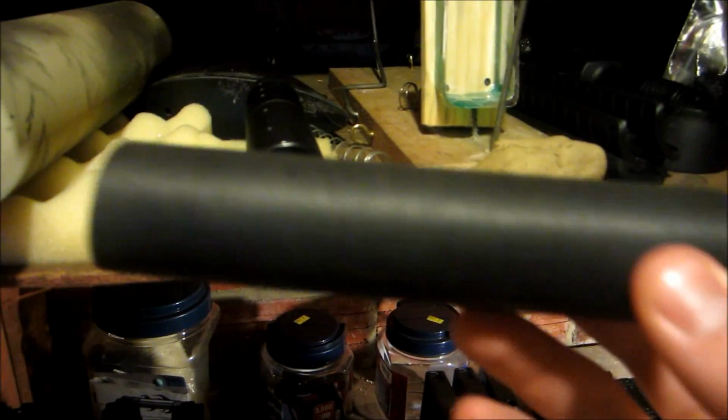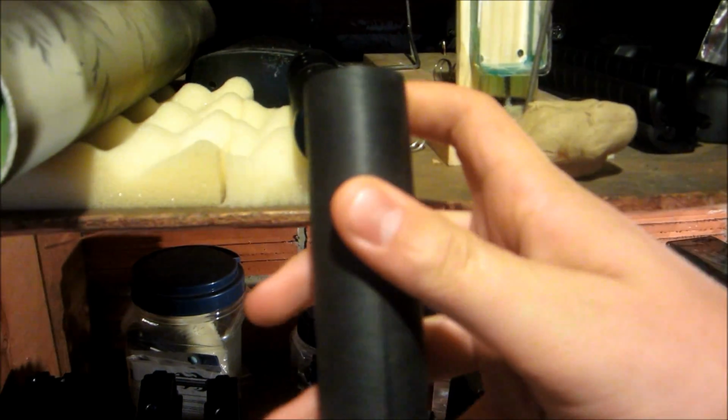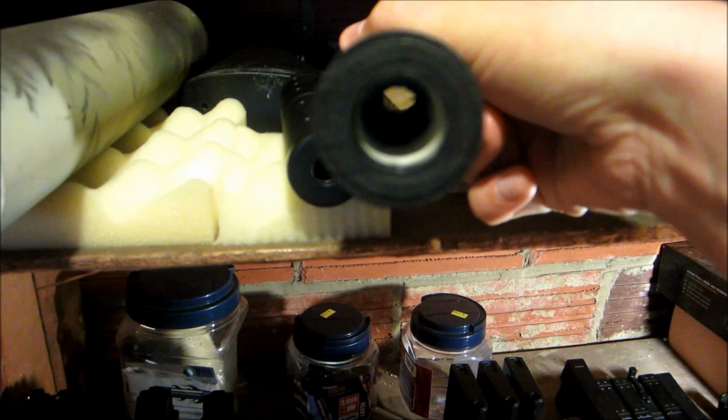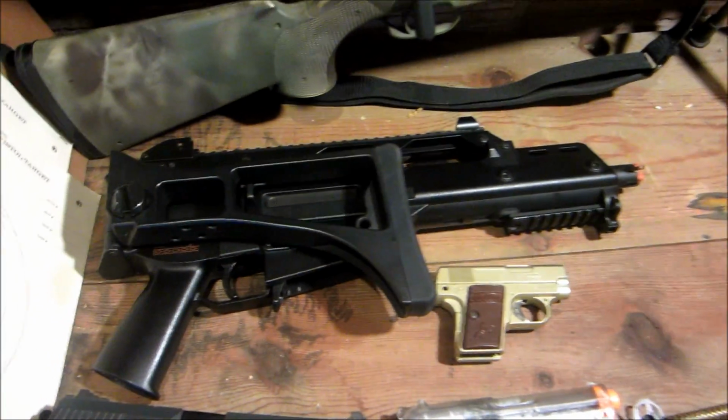MP5 suppressor, really small little thing. I think it's only 6 inches by 6 by 1 inch. Got pool noodle in there to suppress it as much as I can, and it sticks to the gun just by friction, and I think it's 1/4 inch PVC, I'm gonna say. This is a mock suppressor that came with my